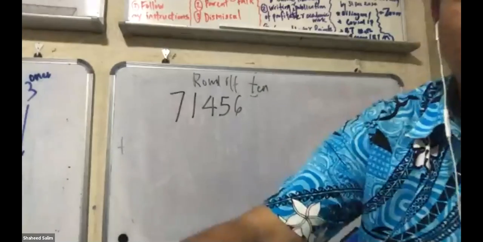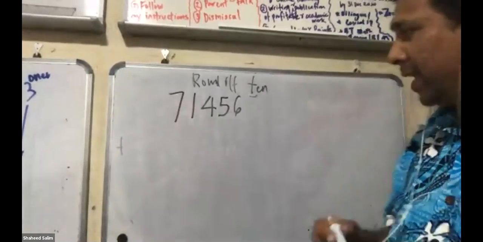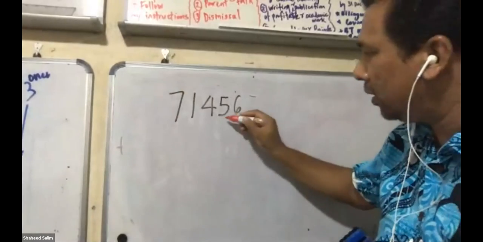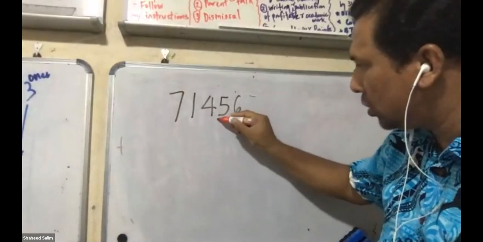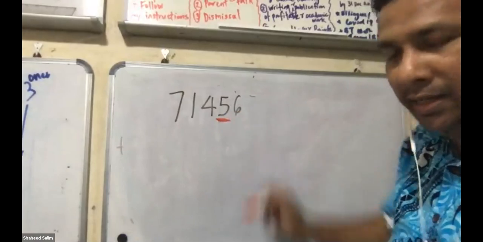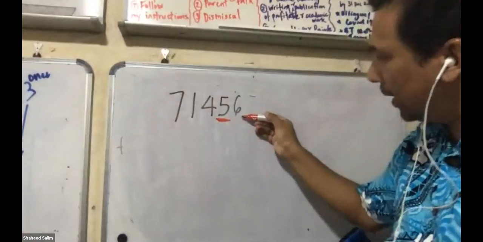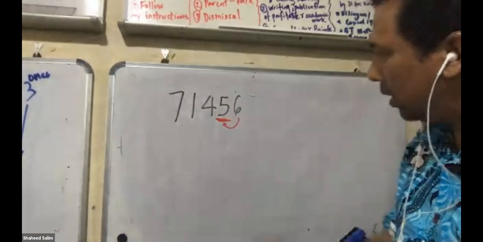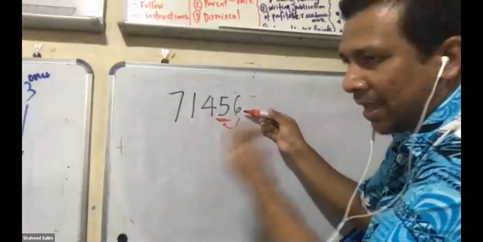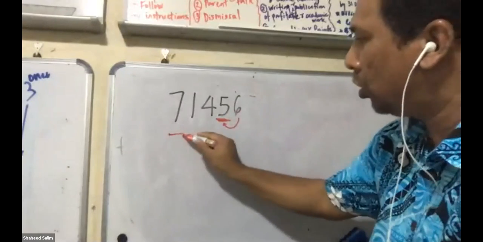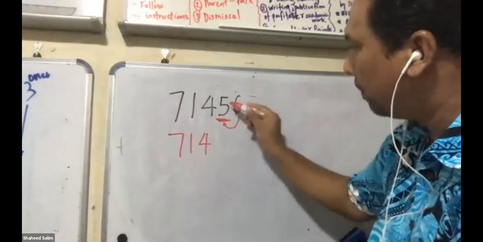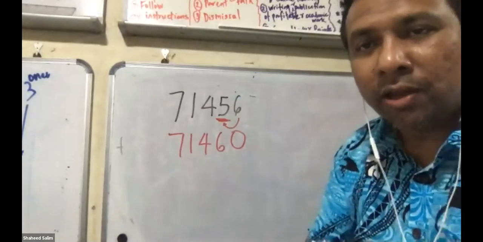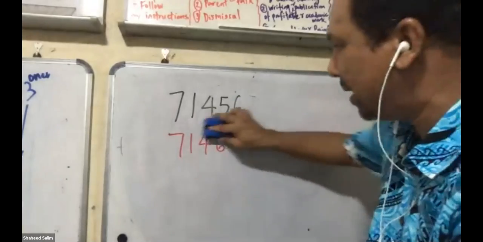71460. Okay, so we'll do it together. Well done, all of you got it correct. Now let us see here. You want nearest 10. So nearest 10, this is ones, this is tens. So this, we underline this. And then we look at the digit beside it. We put an arrow here like that. If it's more, it's 5, 6, 7, 8, 9, you must plus 1. So you copy with 7, 1, 4. Plus 1 becomes 6. Add a 0. Well done. Congratulations. Get ready for your next question. Same number.